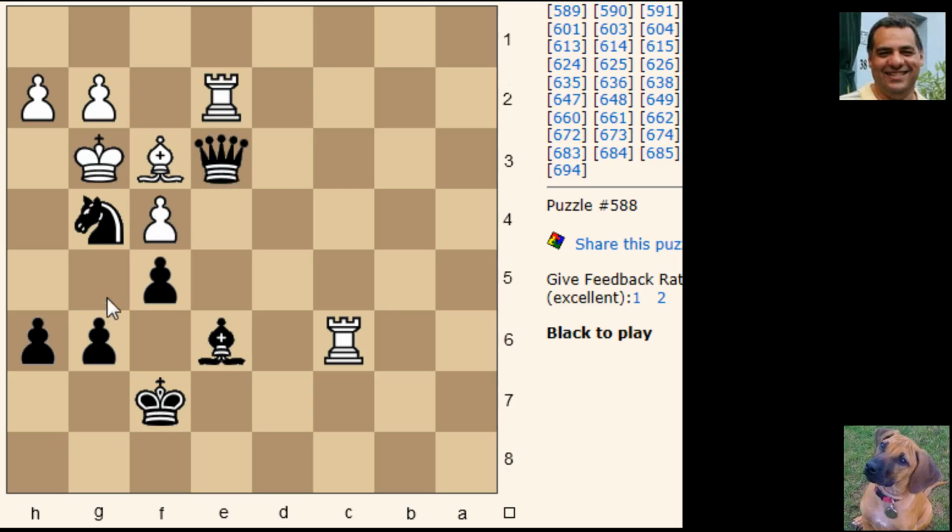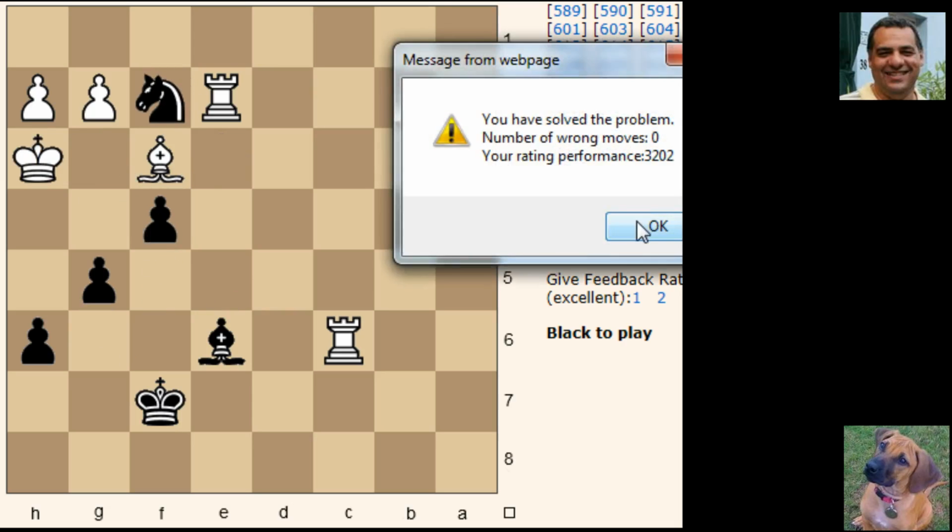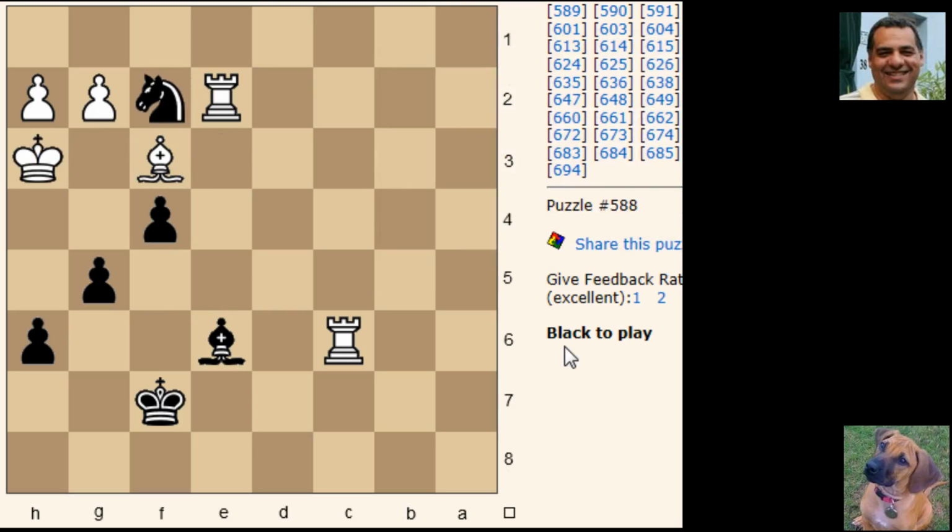So taking g5, I think that king's only square is g3. The knight's covering e5. We play f4, and the king hasn't got h4. We've covered h4. It goes there. Got the bishop and knight for that beautiful double check. We've covered the g3. I think this is it. Cool. So that was in